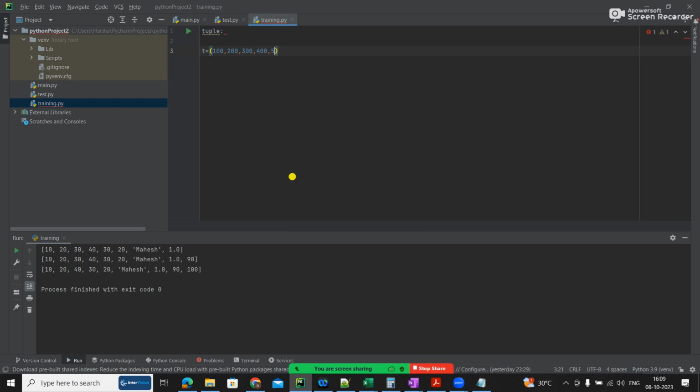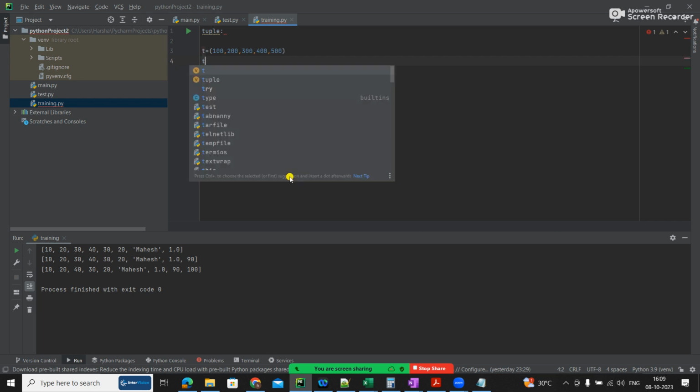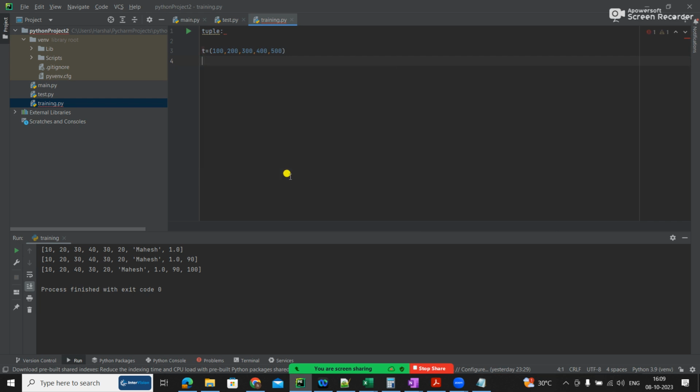So when I try this, it will just print the tuple because it's read only. Read only means I can't edit, I can't add here. So it is something like static, but there are some things which we can do, which I'll tell.